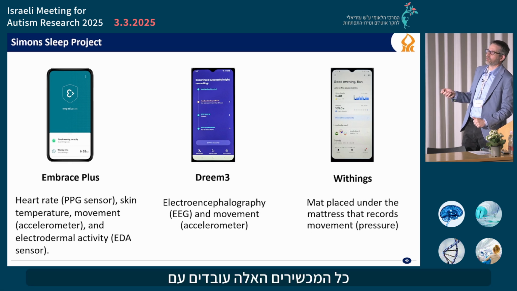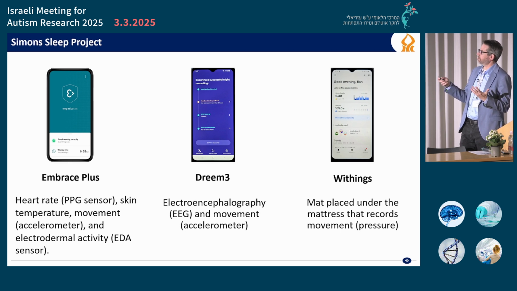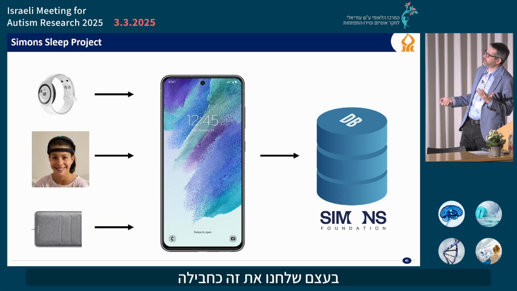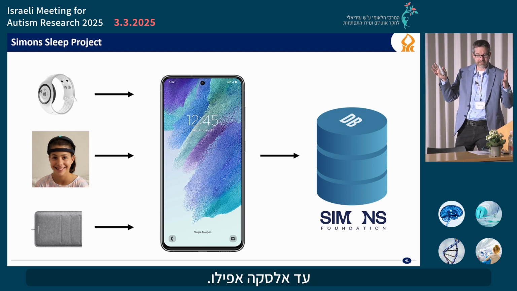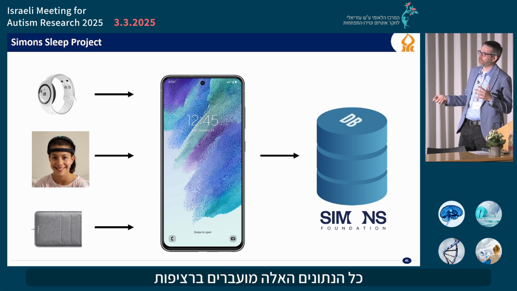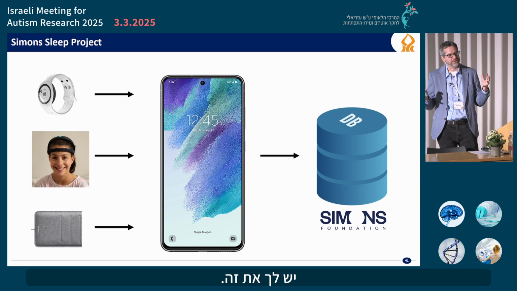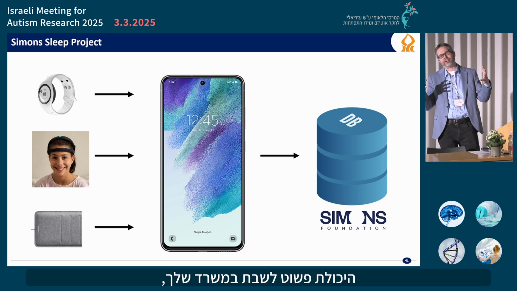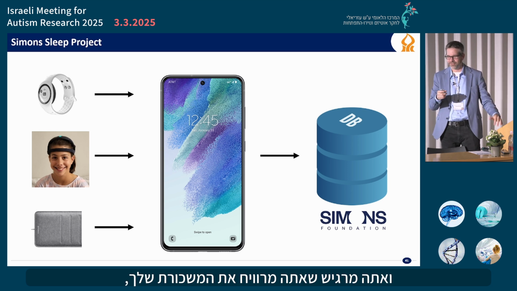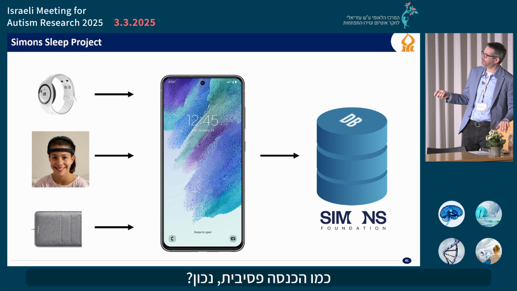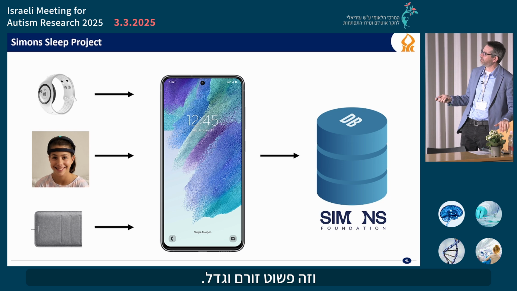All of these devices work with apps that you put on a phone. So we basically sent this package with the cell phone and 3 devices to families living as far as Alaska even. All this data transfers continuously to the servers at the Simons Foundation, and then you have this ability to just sit in your office, put your feet on the table, and look at all this data streaming in, and you feel like you're earning your pay with passive income, right? You're constantly gaining more and more data, and it's just flowing and growing.